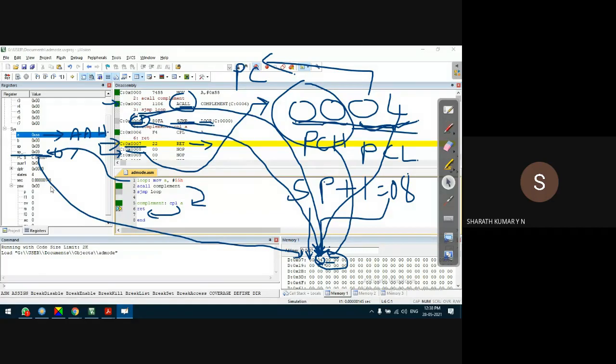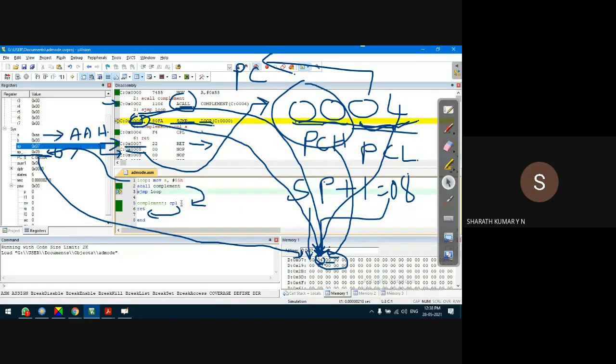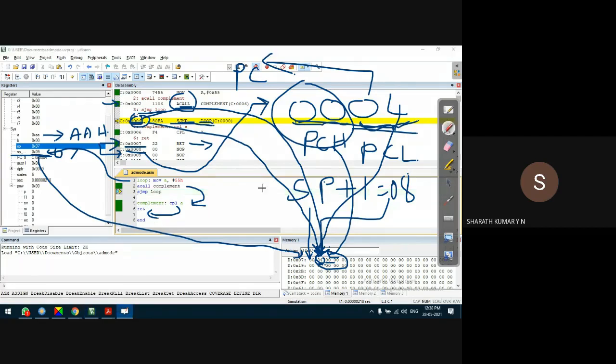Okay, F11 on my keyboard, return instruction. You can see that it jumps back to the next instruction next to the ACALL instruction, and you can see this pointer also, the yellow pointer. It is now pointing to SJMP loop, because it was pointing somewhere here, and when the return instruction is executed, the pointer goes back to this point. How does the compiler know that it has to go back here, not somewhere here or here? Because it copies the content of the stack memory back to the program counter.